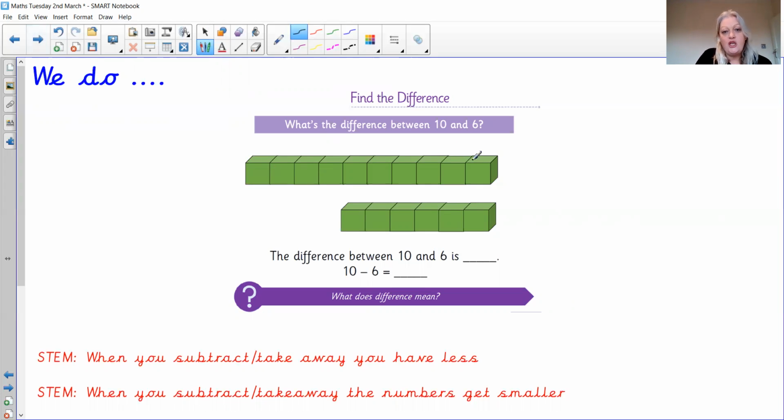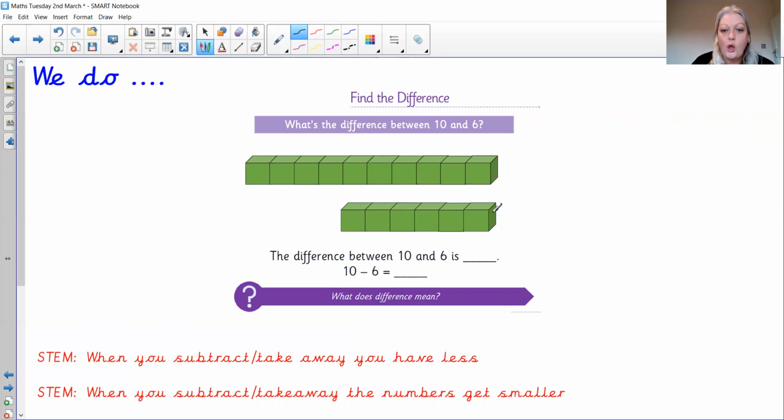So we've got 10 cubes here, and we have 6 cubes here, and it wants to know what the difference between 10 and 6 is. Now, can anyone tell me what number bond goes with 6 to make 10? We should be yelling this at me now, but we're going to double check just in case we aren't right. So it says here, the difference between 10 and 6 is,